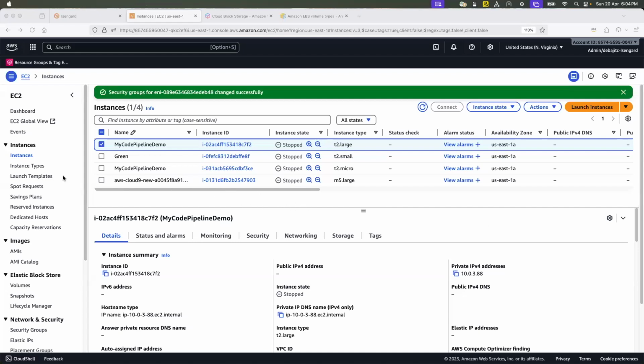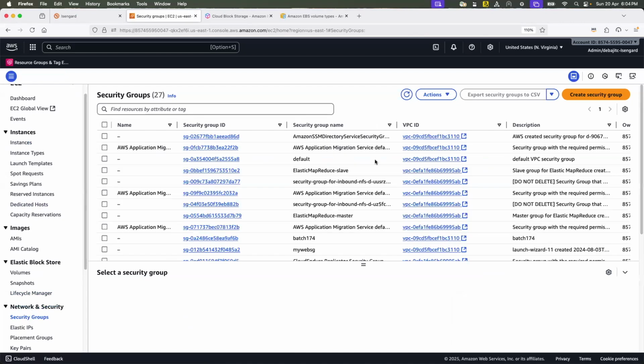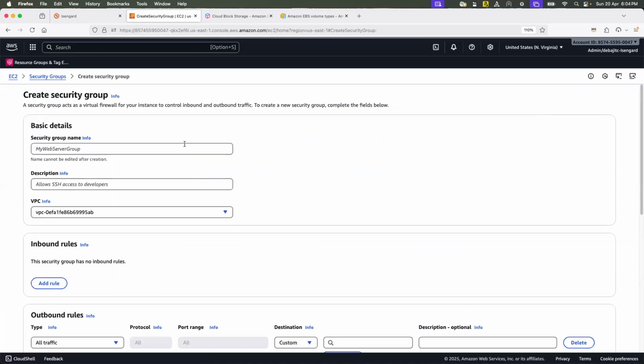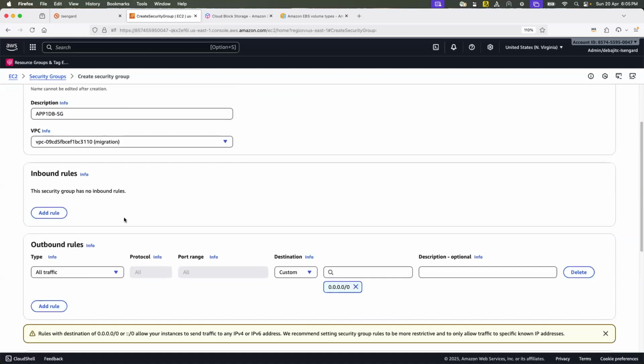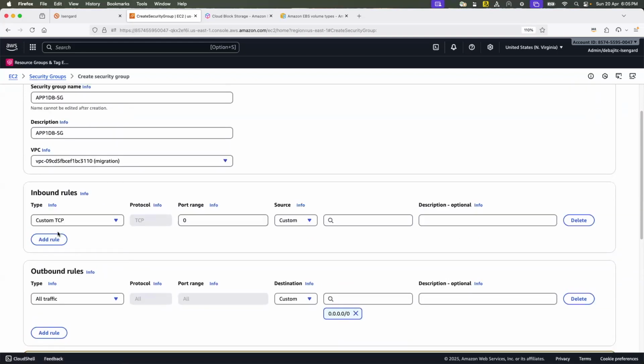So now what happened? I am going to create the security group once again. There are quizzes and assignments too, so how will we do it? Create a security group called App1 DBSG. For example, just give it a name so that you will understand. The VPC and everything else is fine. Okay, so let's say this is my database security group. I'm going to add